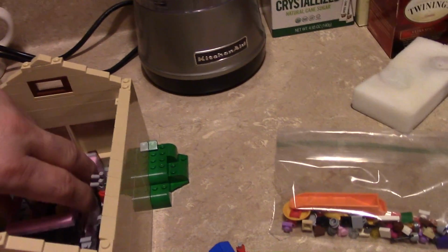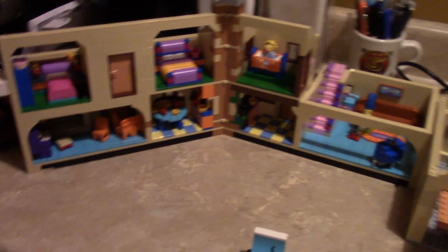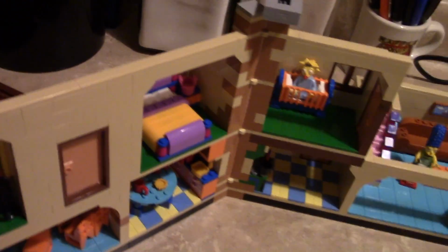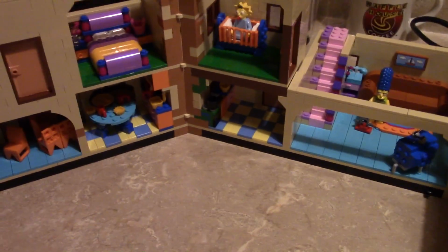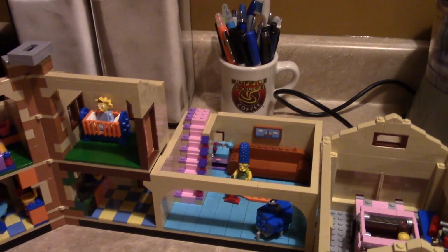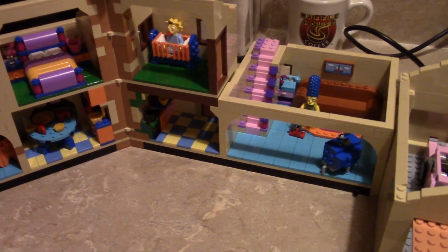What else? I think that's pretty much it. So, future plans. I'd like to add some LED lighting to this, and the way I'm going to do it is by making my own lighting kit. It's not like it's hard or anything. Just get a couple of small yellow LEDs to be more of a warm light than a harsh white light, and I would put them in every room